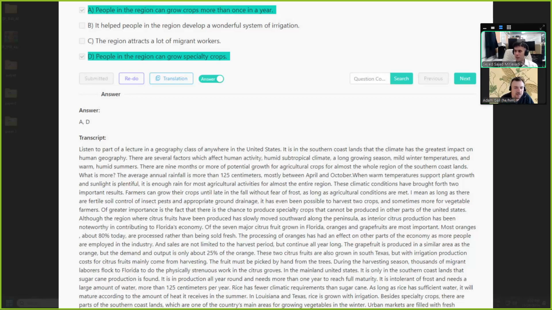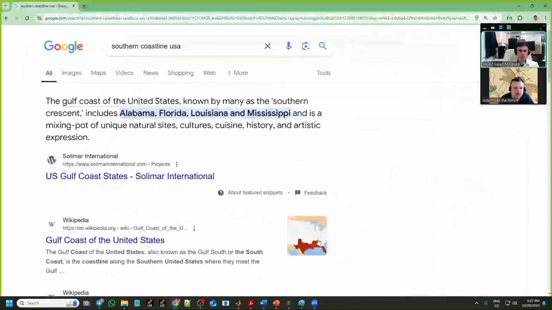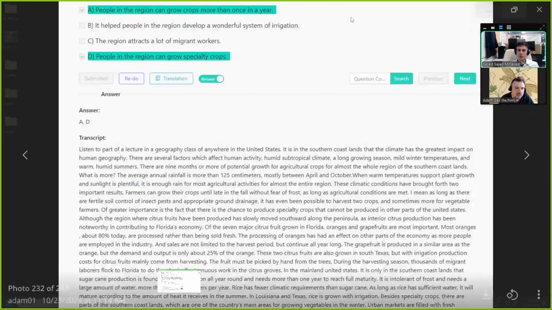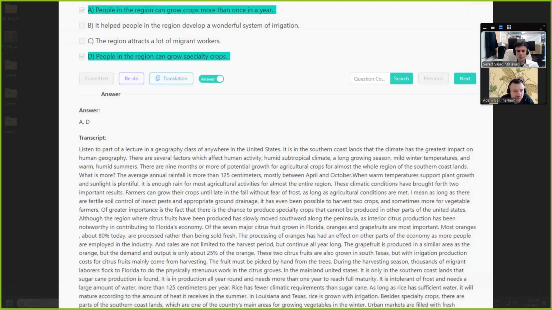Outer coastline, is it in USA? Because I wanted to find, is it this part? This part, yeah? Yep, all along there. Okay. Yeah, Alabama, Florida, Louisiana, Mississippi. And obviously not all of Texas is like this, but the coast of Texas is. Yeah, exactly. So then they talk about the different kinds of specialty